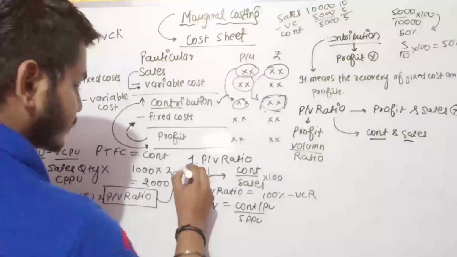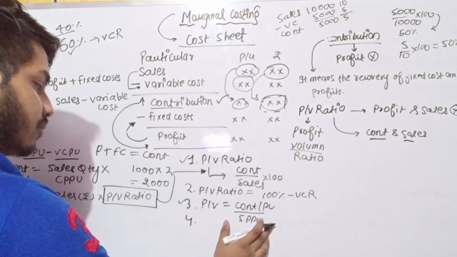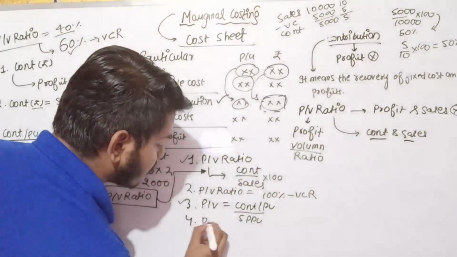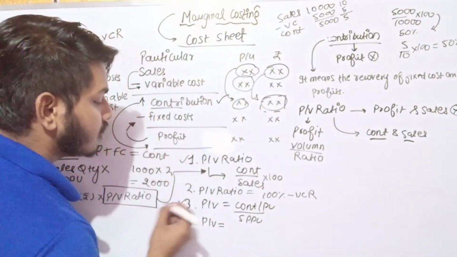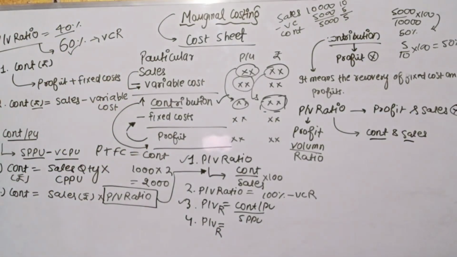So if you go by either this or this, it is measured in the per unit form or in the absolute or total form. So basically these three formulas are here for you. Now I will be talking about the fourth formula, which will take us to a new element of cost volume profit